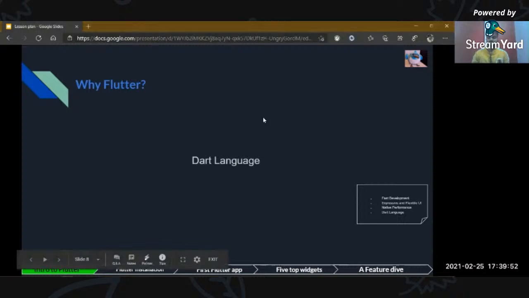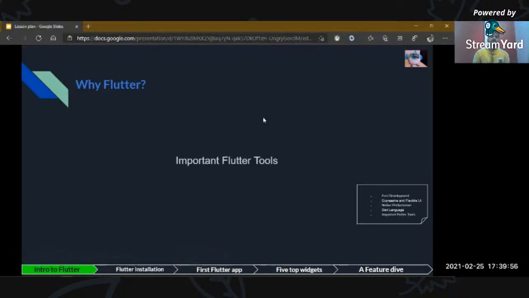The last feature is important Flutter tools. The Flutter framework supports many different tools for Android Studio and Visual Studio Code.